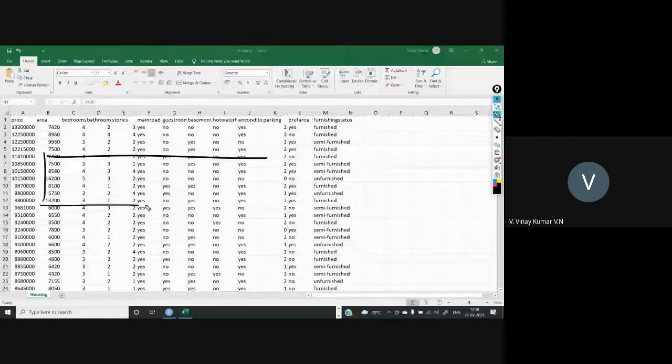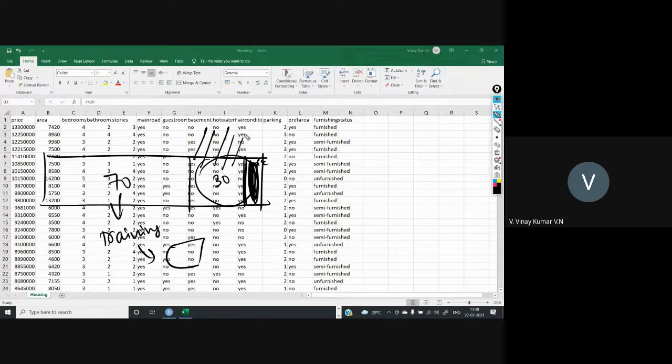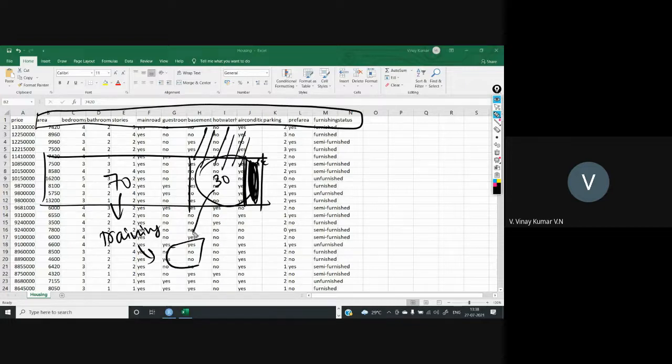Suppose if I have 100 records, out of that 70 records I am giving for training. I use this data and I will build a model. Even I have this 30 records, but I will keep this as secret. Here I have the price also, but I will ignore this row and skip this row, and the remaining features, like area, bedrooms and all, these features I will give as an input for this trained model.